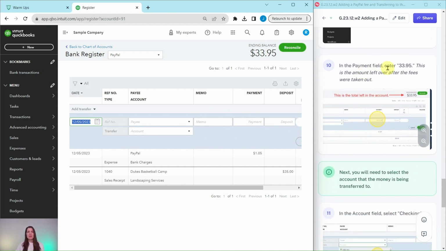In the payment field, we need to enter $33.95 because this is the amount that was left over after the fees were taken out. Remember, it was $35 that was charged to Duke's basketball camp that they paid on that sales receipt. $1.05 of that is for the PayPal expense. So we are only getting $33.95, which is why we are entering that here in the payment field. Click into it,